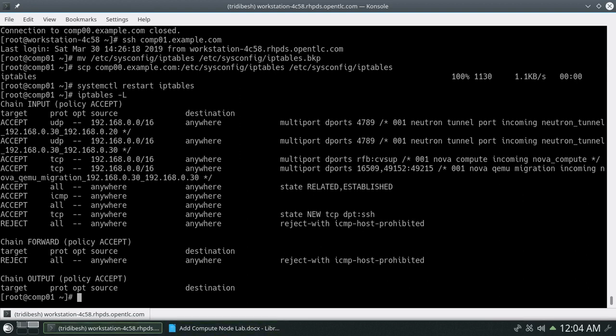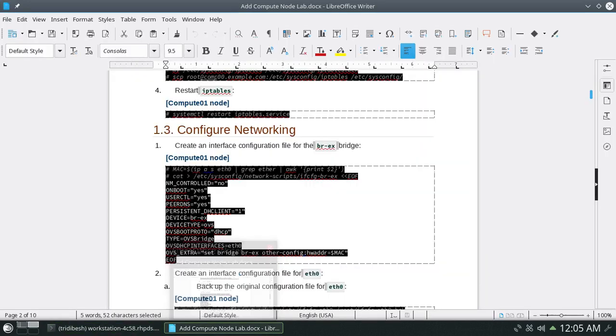We'll be configuring the network so that we can add this node to OpenStack. Here we'll be going with the Open vSwitch configuration method. For doing that we have to create a new file called ifcfg-br-ex.